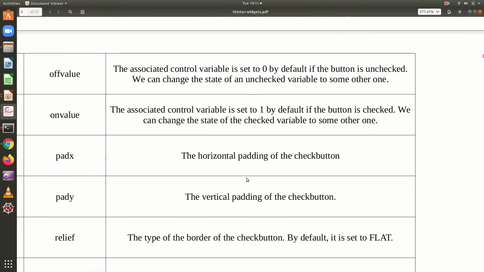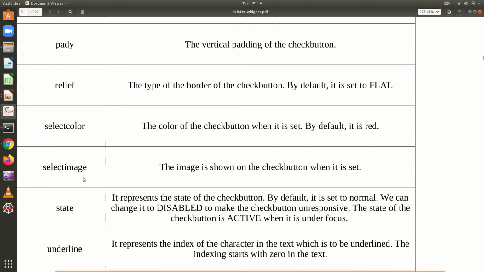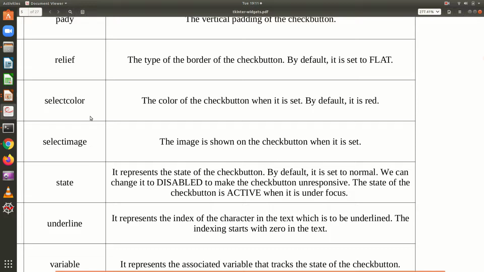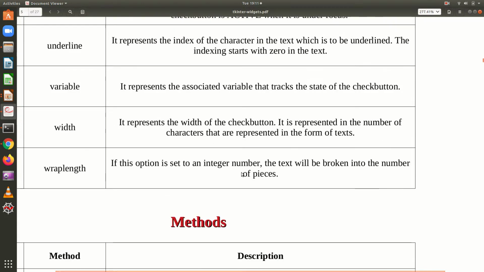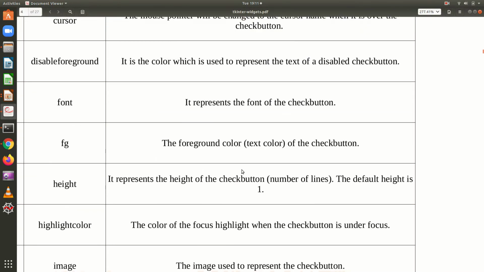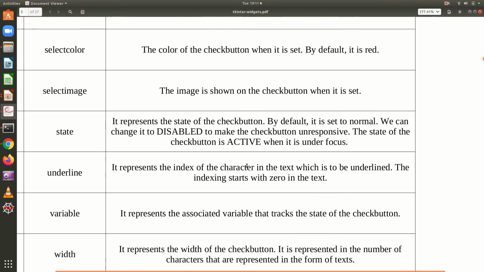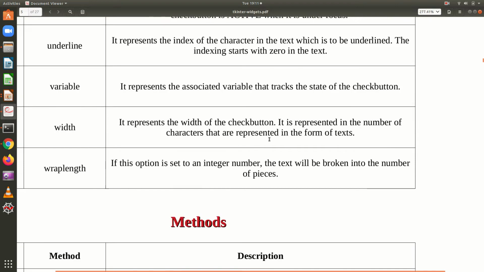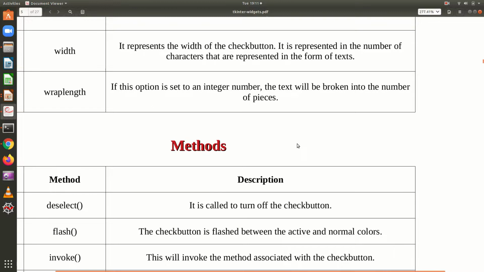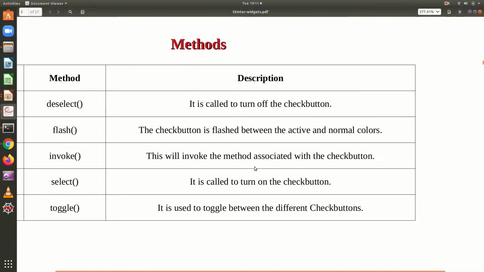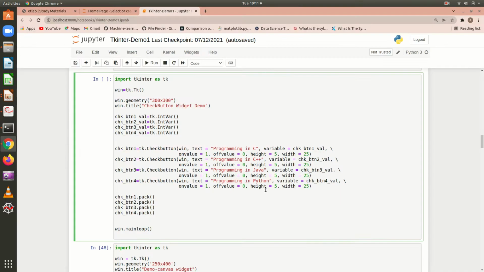Then you have off value, on value: what should be the off value, what should be the on value, the padding values, then selecting the color of the check button when it is set, right? So when you check it, if you want to change it, what should be the color. All these things can be used to specify the list of possible options available on the check button. So these are the different options available. You can try each option and find out what variation you are having on the display, right? And these are some of the methods that are available on the check button, right? So before that,